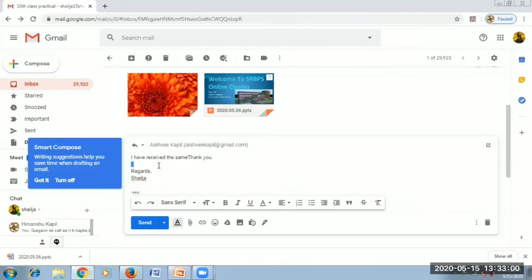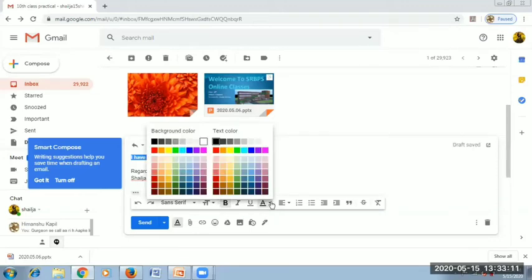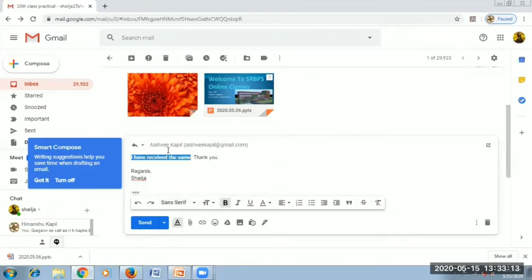If you want to make something bold, you might have thought that there is some important text, so what you can do is make that content bold. How can you make that content bold? You can simply click here. If you want to use different colors, you can use different colors as well. For example, you want this color of text.